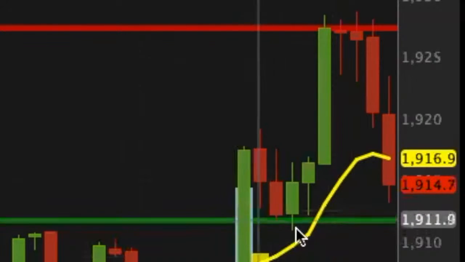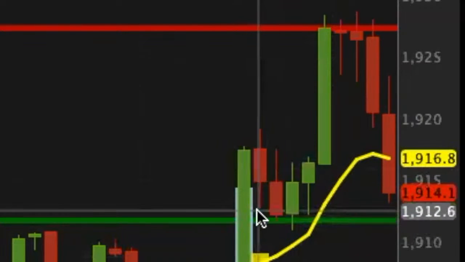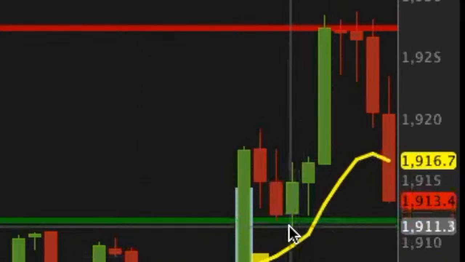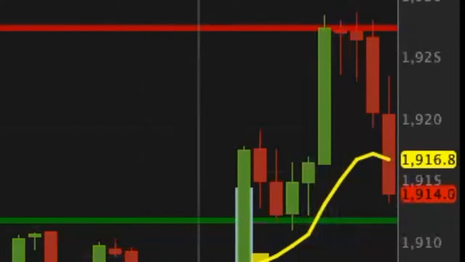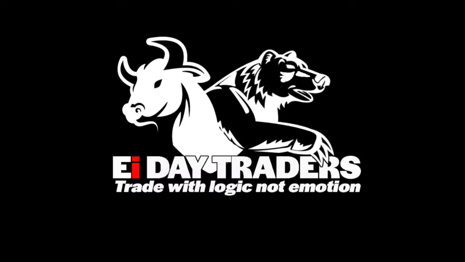And even here, where my support line was originally, you see it came down. Wick rejected at the top, short wick here. Even the green one had a wick, boom, and then it reversed and went up. So none of it is guaranteed, but if you follow the patterns of the market behavior, you'll be in a better position to take better trades. So we'll talk about this more on